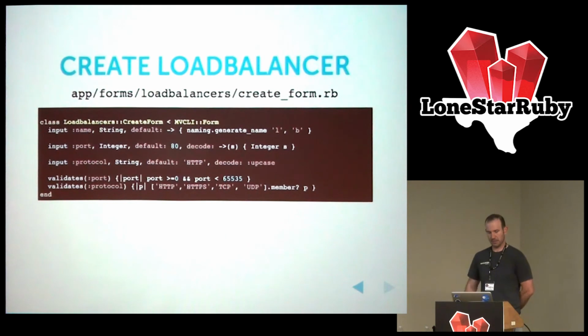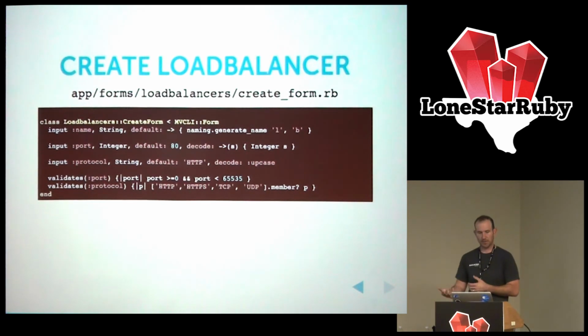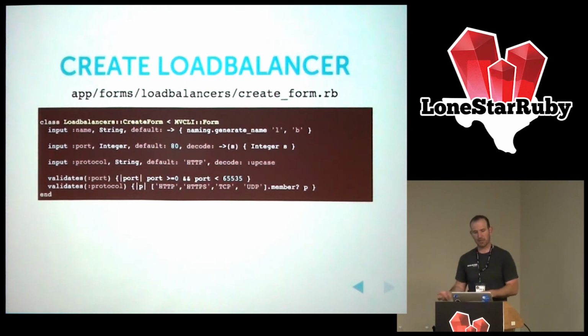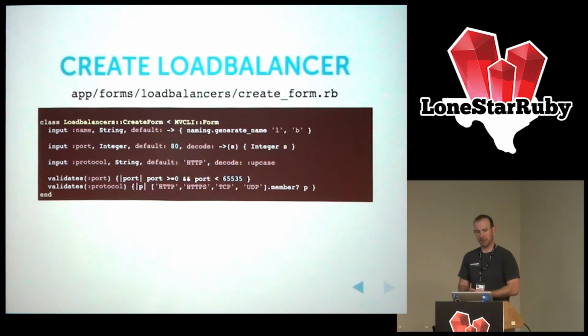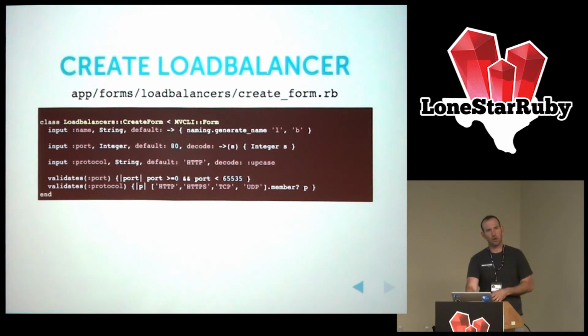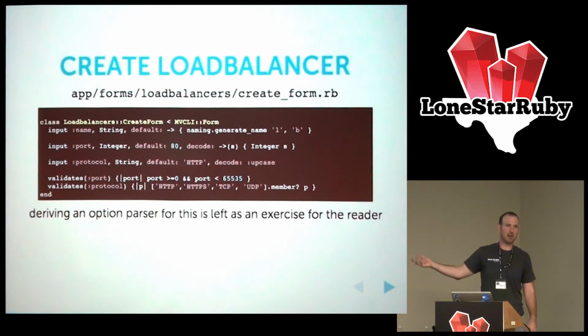We're listing out the types, any defaults, how they're decoded, which you can do just by using a proc as a decoder. There's also a couple of other ways to decode, and then we're validating by giving it a field name and a predicate. So we've very cleanly captured what is the form of the input and what is the validity of it. And you actually have one of these forms for every single action. And so once you have this, then you can actually derive your option parser.